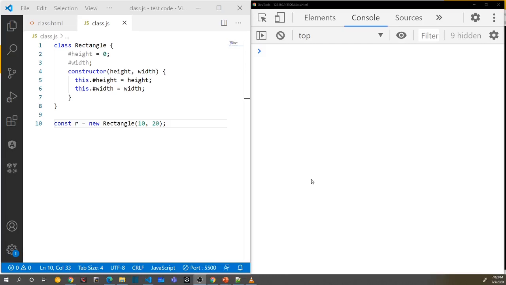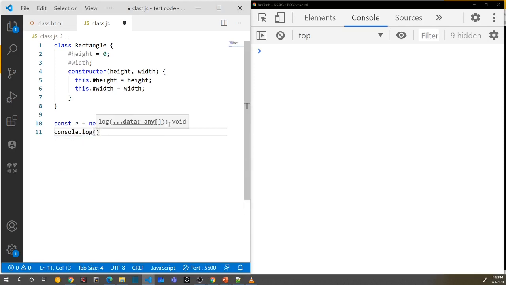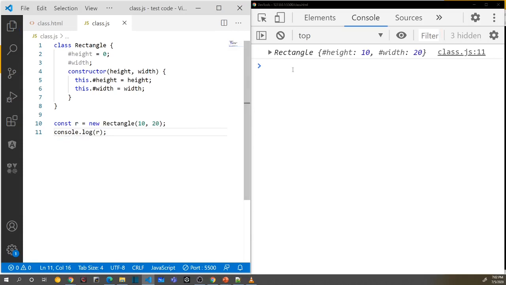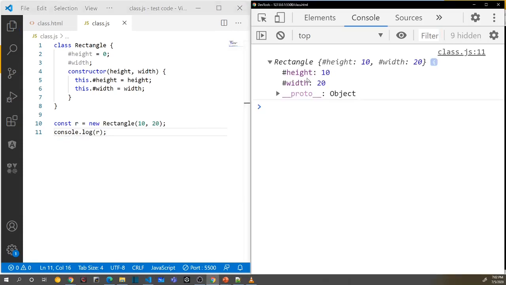Alright guys, so let's take a look at the example of this private property. Here this Rectangle class has height and width as private properties, and I'm creating an instance here with two values, 10 and 20. Let's take a look at how it will look. Okay, and when we do this one,